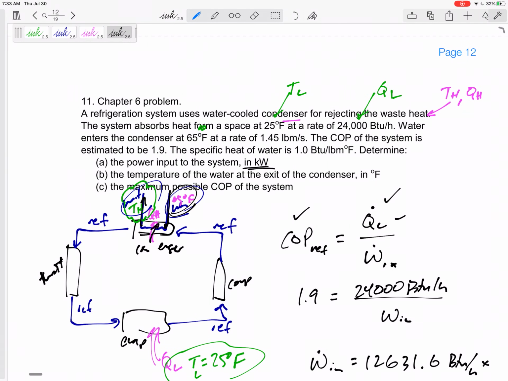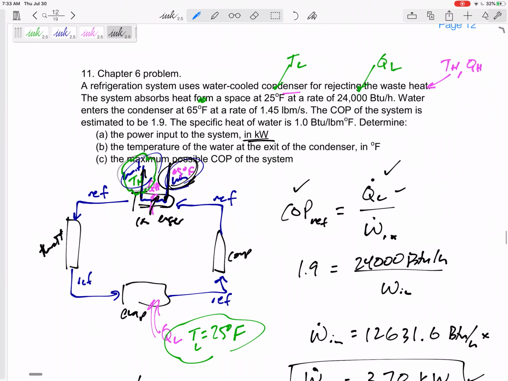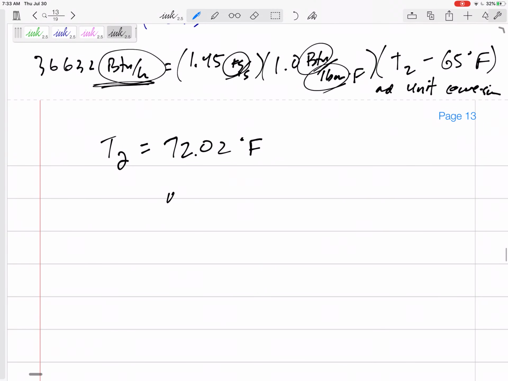So the TH, the temperature that the refrigerant is rejecting the Q out into, some of it's rejecting out into 65, some of it's 72, some of it's in between. Let's use the average temperature